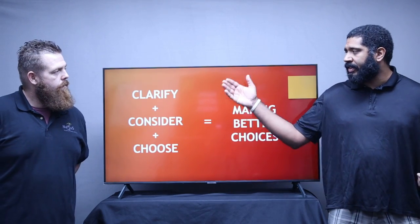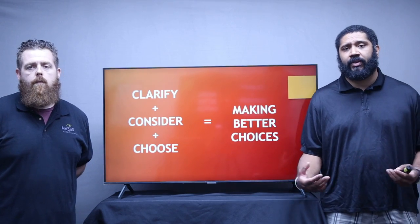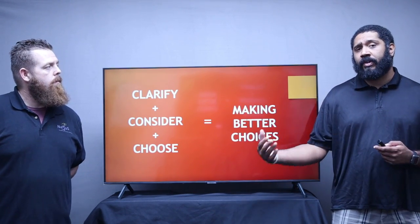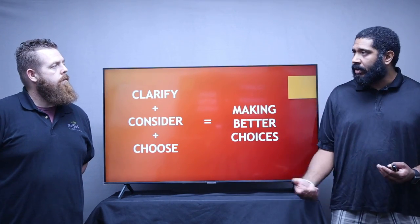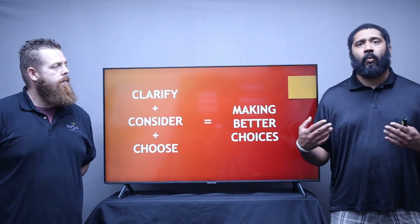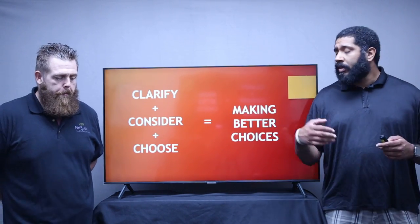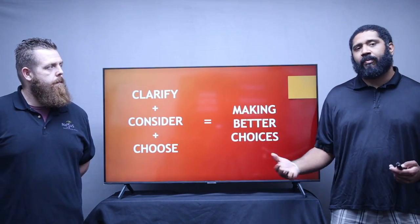Now, like Steven said, it's a simple process. It's only 3 steps, but sometimes going through that process can be a little bit more difficult. Maybe for some of you, picking your outfit is an easy thing. Maybe for some of you, it's not. Yeah. And think about things like life decisions. Where am I going to go to college? What am I going to do for a career? Who am I going to be friends with? Could be a big one too. So going through this process sometimes isn't always very easy, but it is a simple process when you break it